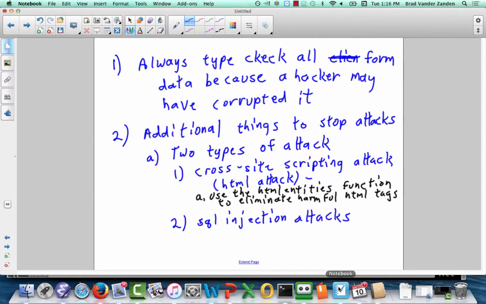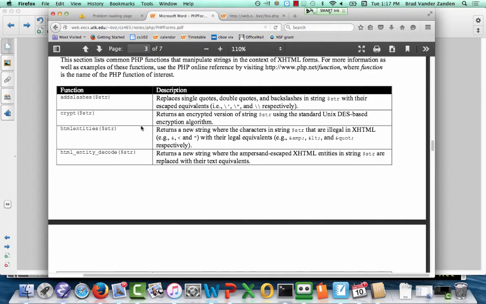What it does is it converts those HTML tags to their entity codes, and that stops them in their tracks. Okay? This HTML entities function has a converse or inverse function that is called HTML entities decode. So you can take one and have it return a string where all the entity codes have been replaced